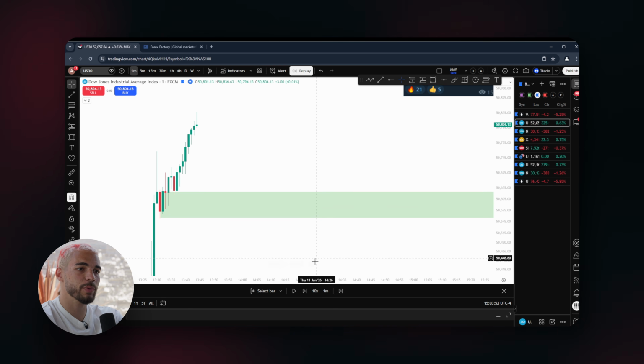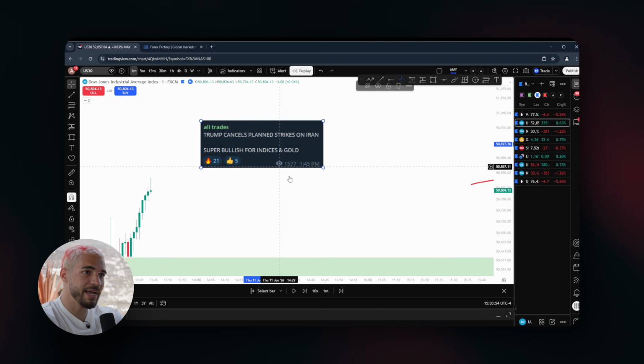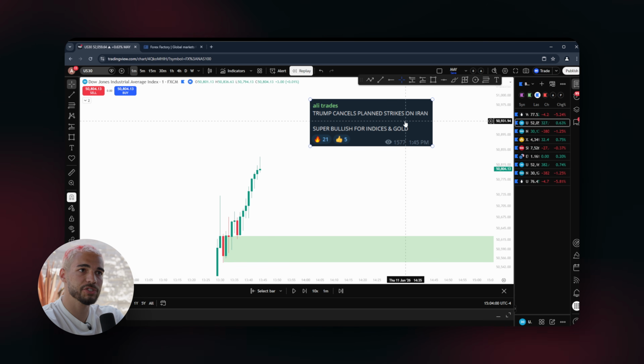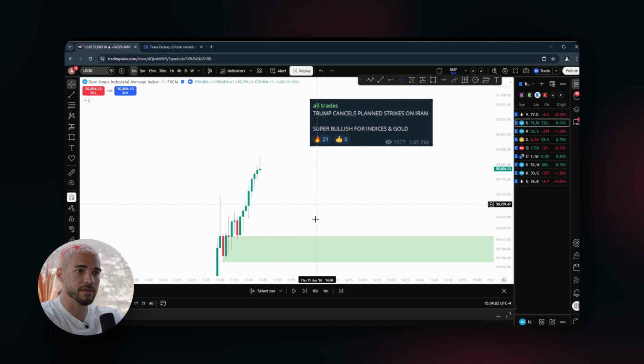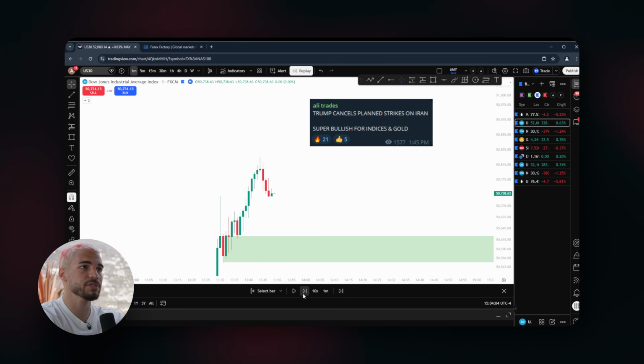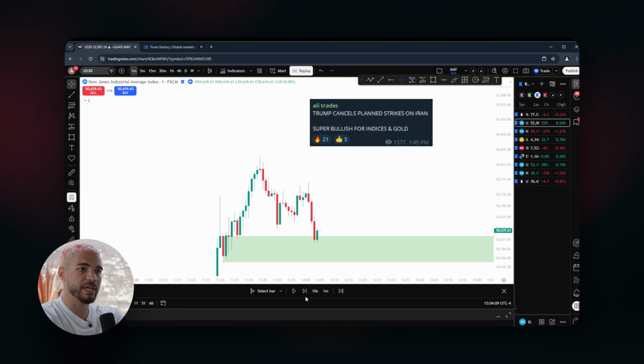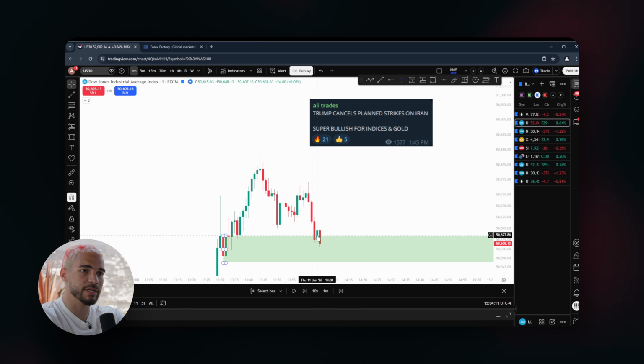And all I'm doing is waiting for price to come back. So if I actually break this down, we can see this type of news is war related, and it's showing that the war is coming towards an end. So it's going to be safer remarks for investors, and that's the reason why I'd be looking for Dow Jones longs. And then you guys can see price makes its way back down, gives me a bearish, indecisive, but then